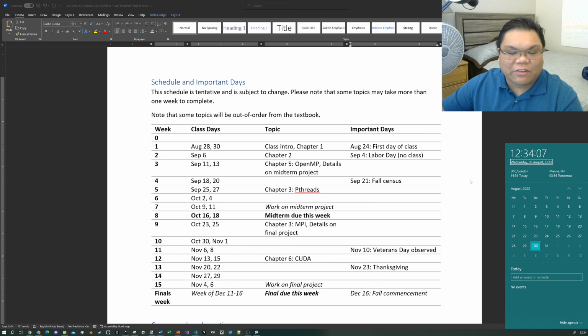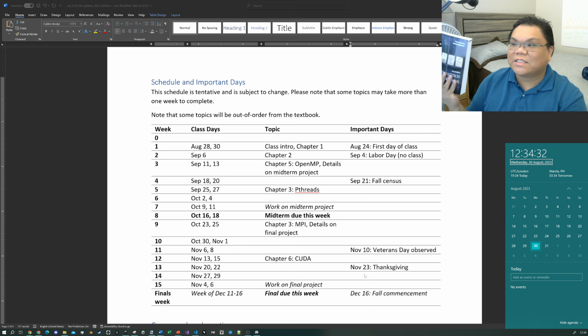It's around the 3rd week that we're gonna start to do actual programming. So I'm actually going a bit out of order in the book, and that's because OpenMP, I am really comfortable with working with OpenMP, so I feel like that's the one I would teach the first, but then we're gonna look at pthreads after that. Followed by that, MPI and CUDA, because we're gonna be looking at 4 different APIs as described in this book.